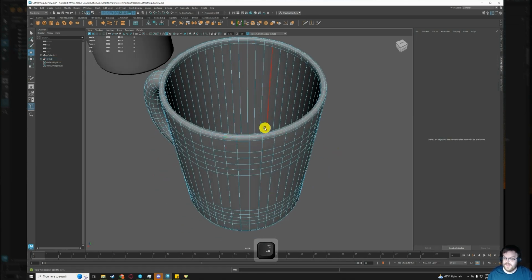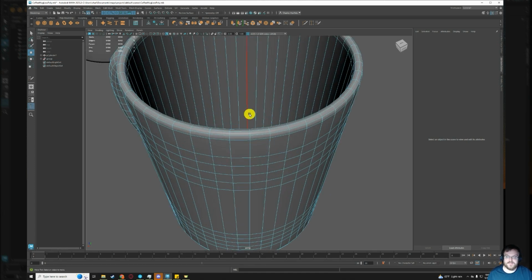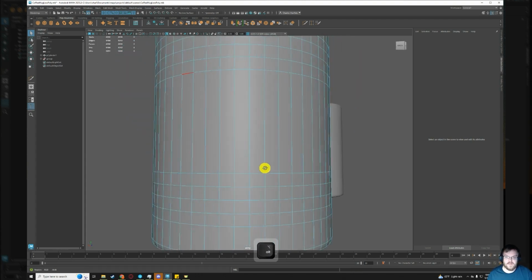I use a lot of undoing to fix those issues, unless it's too far gone, and then you can do adding edges and things with multicut. Where if I had done that and I wanted to fix it, I could use our multicut tool and choose 2 points to create an edge, and then right click to make that a full edge. I'm not going to do that right now. We don't need it, but that is how you can fix that when you see geometry that doesn't look like it should. All right, so we'll go back to our edge mode, press Q to get rid of that multi-cut